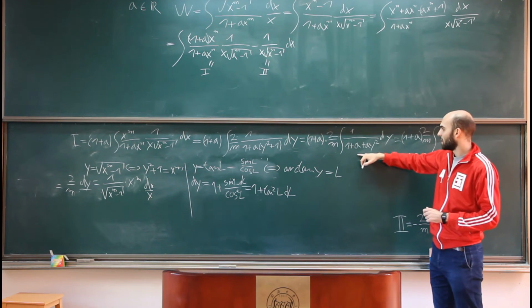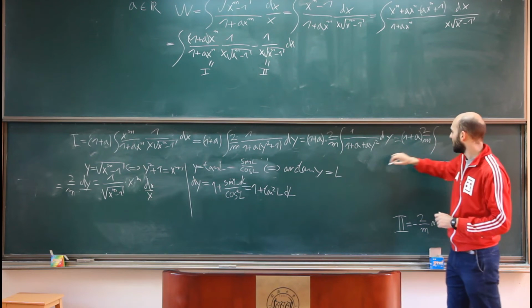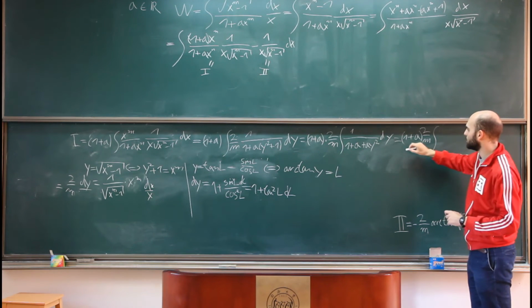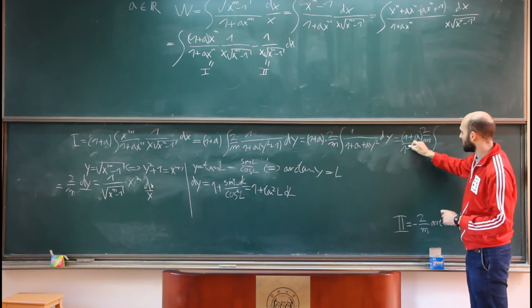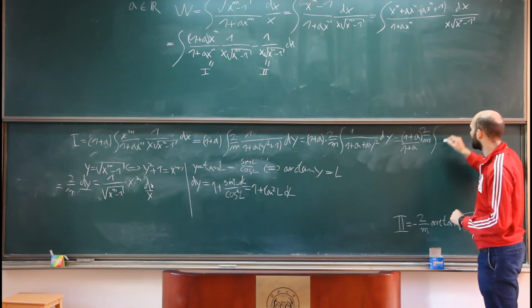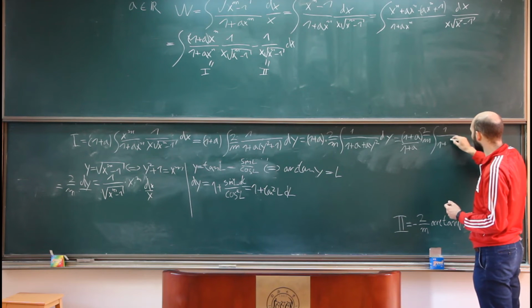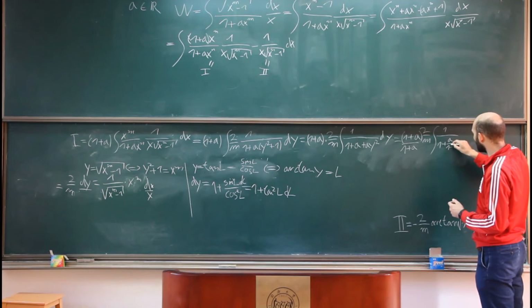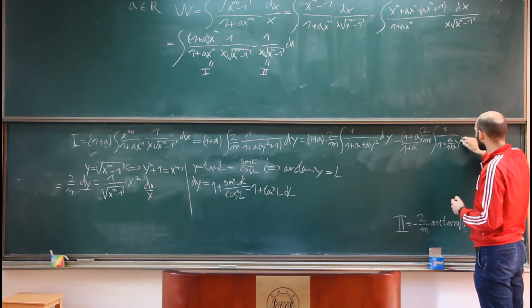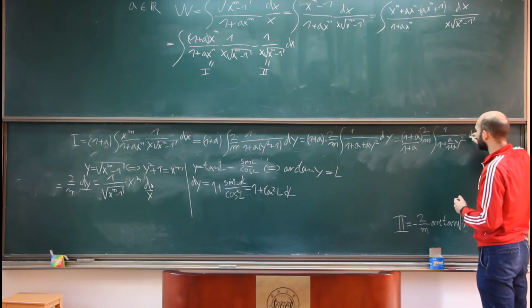If I divide it by 1 plus a, I need to divide it also here by 1 plus a. You can just do the calculation yourself to understand that. And so we get a over 1 plus a y squared dy,